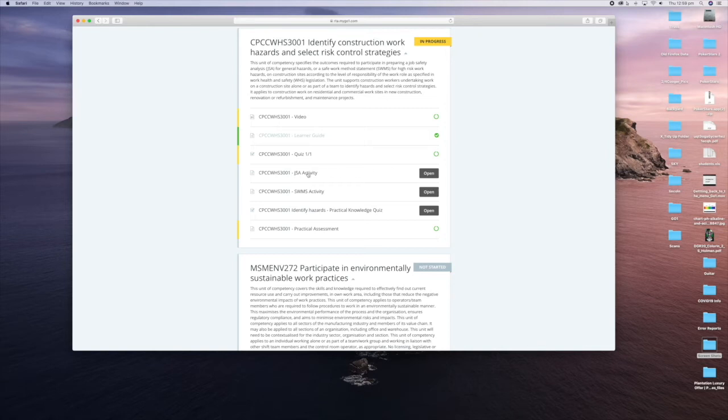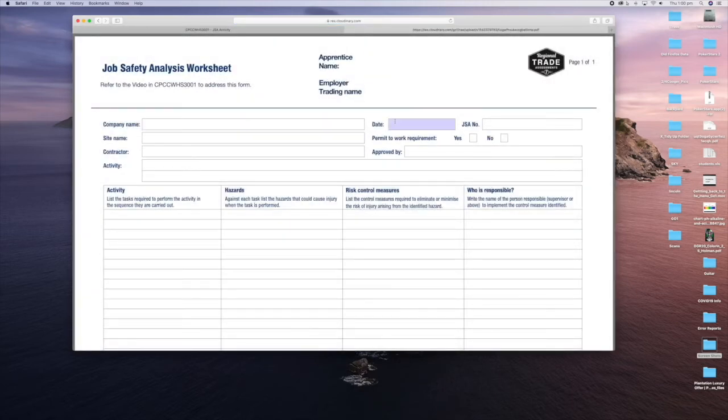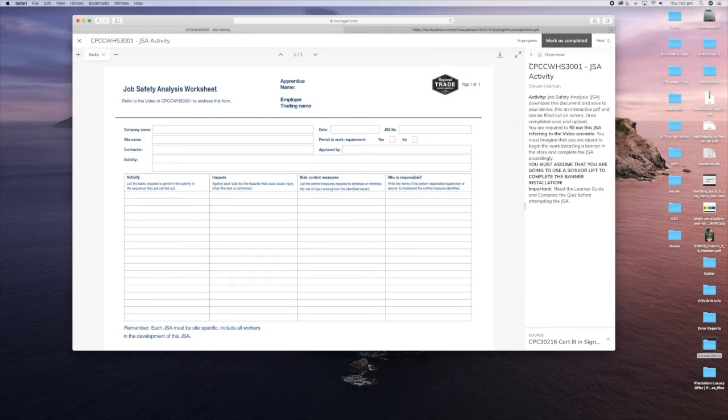So let's just look firstly at this activity. All activities are in essence like a PDF that you need to be able to fill out. When we download them, which is done here, we end up with a file that comes down, and you can see here that the file name is kind of a random thing, but this is the actual name of the file. So here it is. It's got the code of the unit and what it is. It's a JSA activity. So if you copy that,